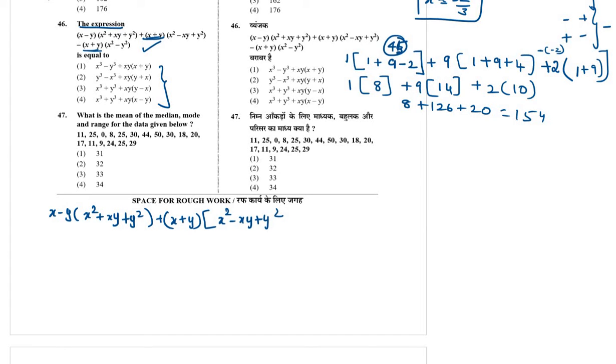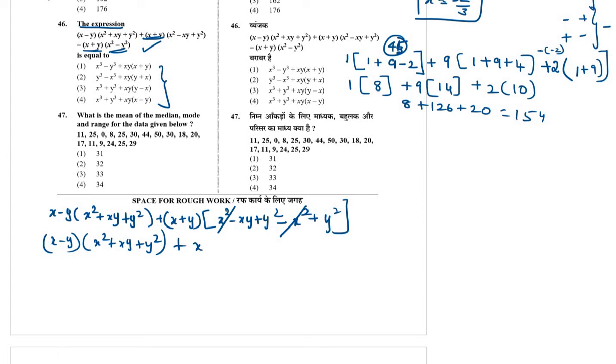Minus is here, you multiply with a minus sign. So minus x squared plus... x plus y we take it out already. So the remaining term is this term only, x squared minus y squared. So I am multiplying with a minus sign: minus x squared plus y squared. So any term is cancelled, only x squared is cancelling here. And then this is equal to x minus y into x squared plus xy plus y squared.